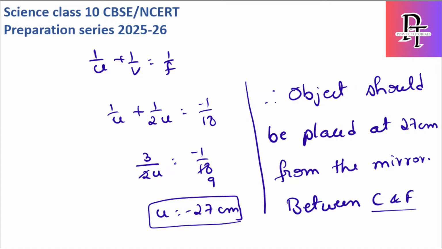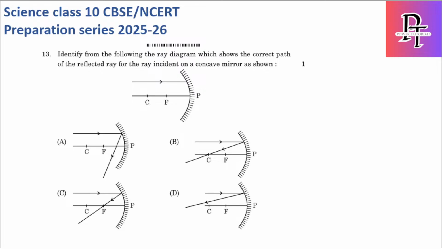Okay, let's move to the last question for today. Identify the following ray diagram which shows the correct path for the reflected ray on a concave mirror as shown. The question is very easy. Simply they have provided you one ray diagram with the incident ray, and they are asking where the image creation will be. If you notice, the incident ray is parallel to the principal axis. So whenever the incident ray is,